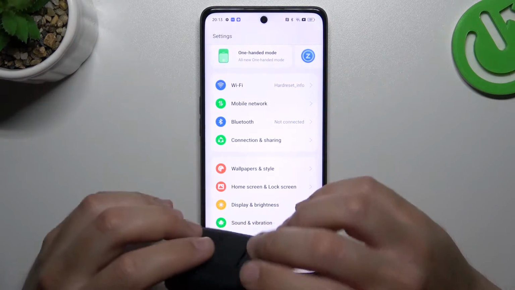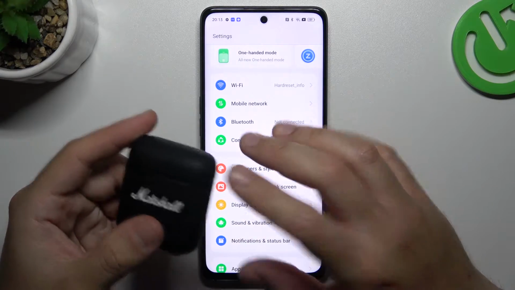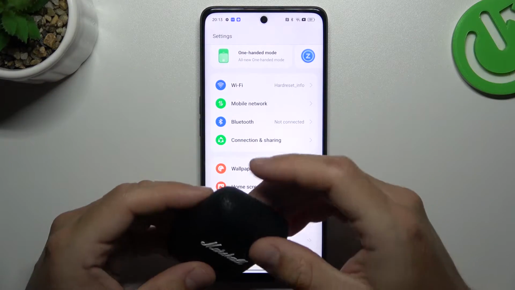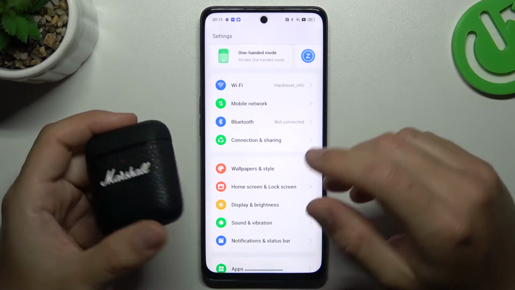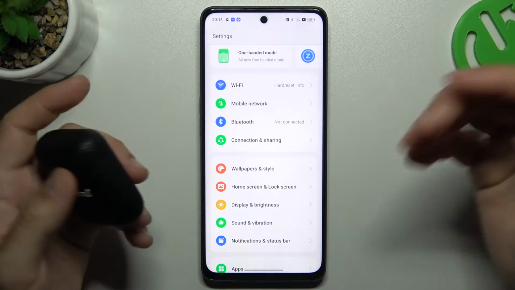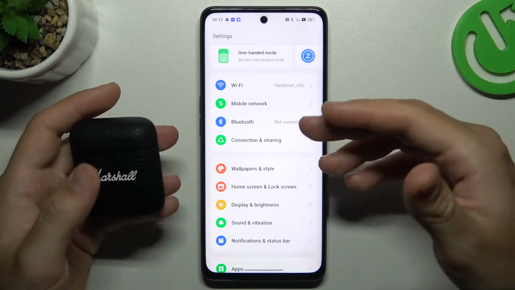So at the start you have to be sure that your Bluetooth accessory has activated pairing mode. How to do it? You will find the manual at your device or maybe on your YouTube channel. And you have to be sure that your Bluetooth accessory is visible for the devices,